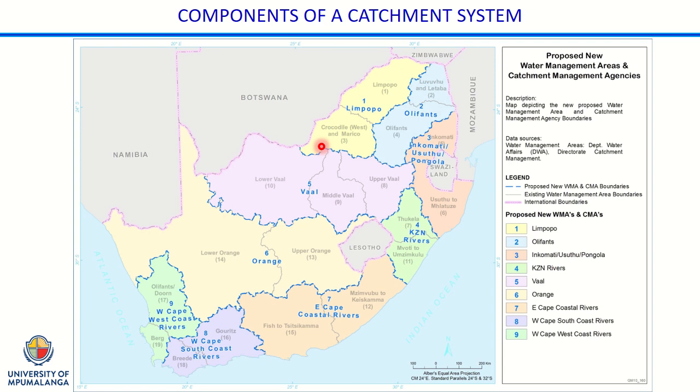So you can't take water management area 1 and 2, which is the Limpopo and Olifants, and combine it together and then say that Mariko is going to manage it. You understand? The small town of Mariko, for example. You also can't say that because Johannesburg occurs in the catchment, or Pretoria, we're going to use Pretoria to manage the entire water management area, where eMalahleni is a big issue with mining and agriculture and pollution impacts on the Olifants. Okay, so there's a bit of a social, economic consideration that's come into deciding what are these water management